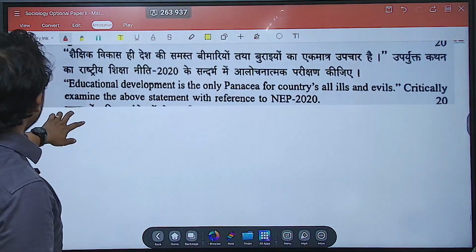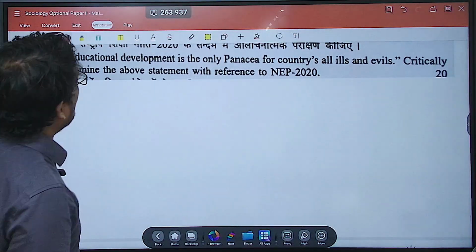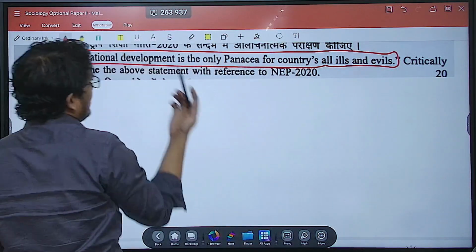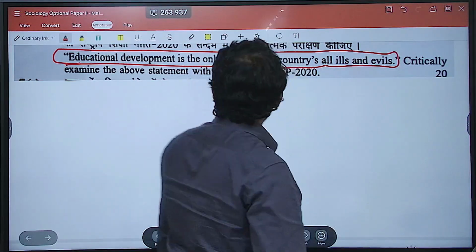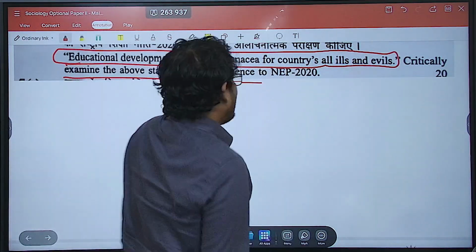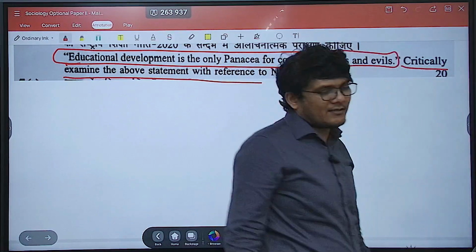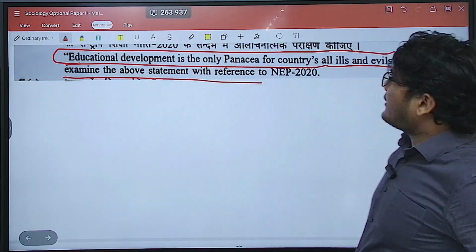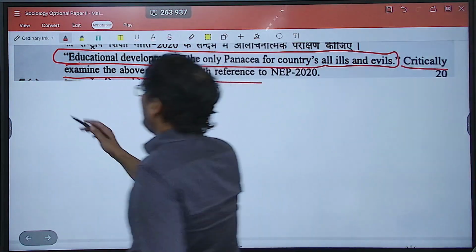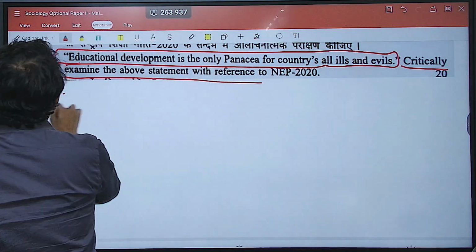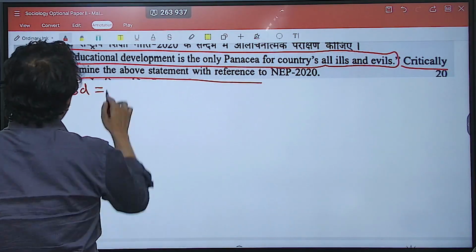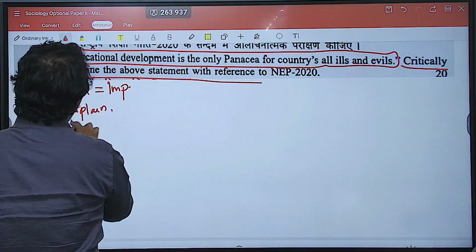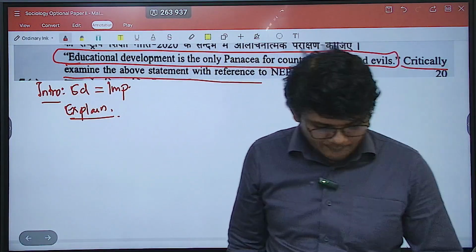Let's move ahead. Educational development is the only panacea for countries' all ills and evils. No, that cannot be, of course. And anyhow, they have asked to critically examine, but that does not mean we write yes, of course, that cannot be. We are going to be very subjective and diplomatic while writing our answers. I hope that's clear. So educational development is the only panacea. First, in the introduction, you start with how education is important. Then you explain how education plays an important role. What role does it play? Number one, it plays the role of